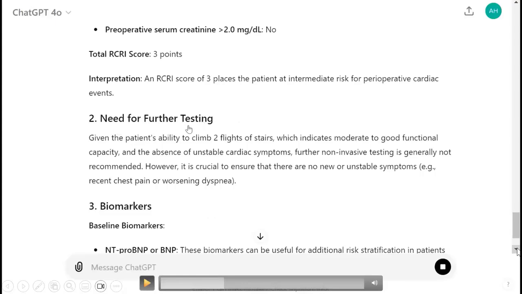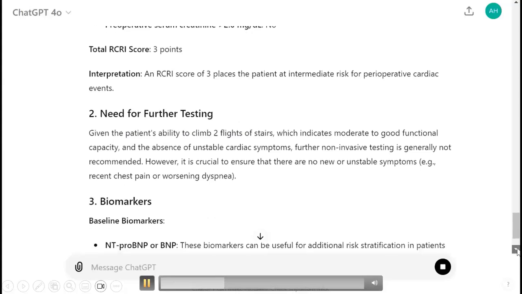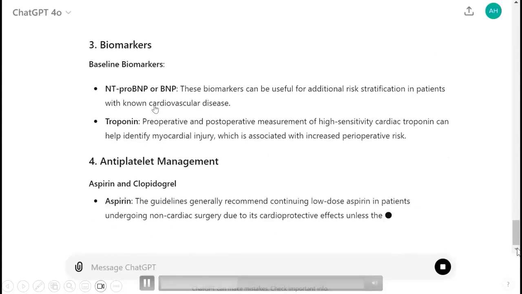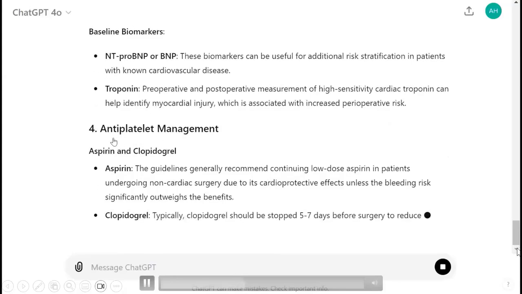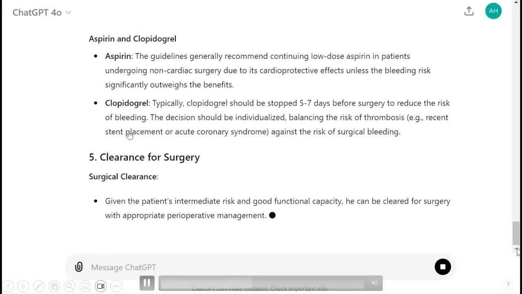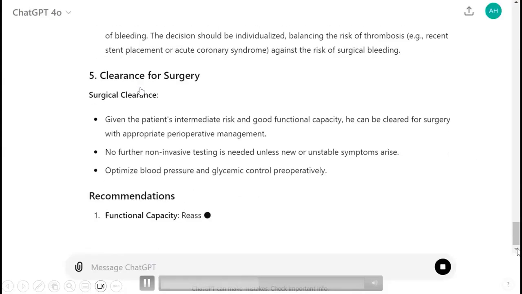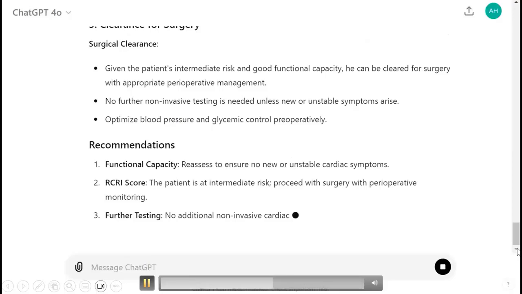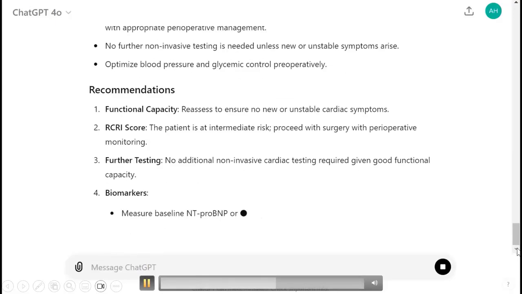Does the patient need further testing? He claimed that since the patient can climb 2 flights of stairs, he doesn't need any further testing. According to the guideline, this patient may need some sort of biomarker like BNP or troponin. And for medication, he started to list the medications that will be stopped, like Plavix. So the final recommendation covers the functional capacity, risk score, further testing, biomarkers,